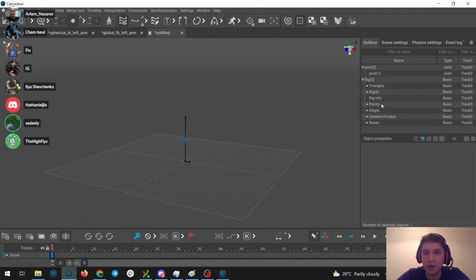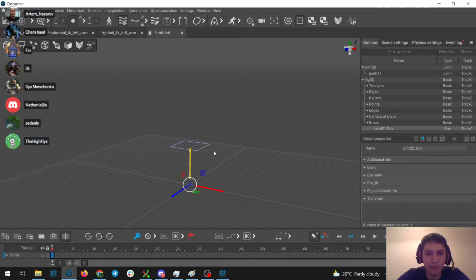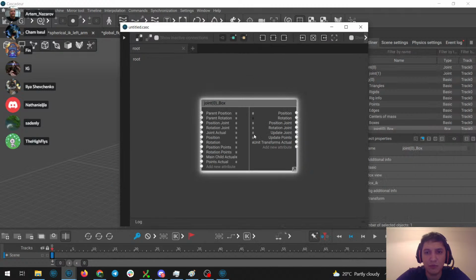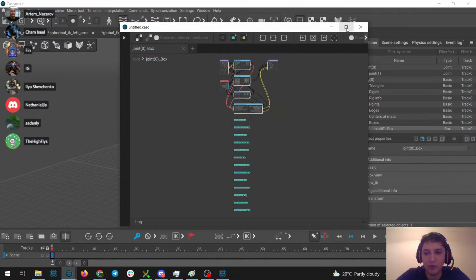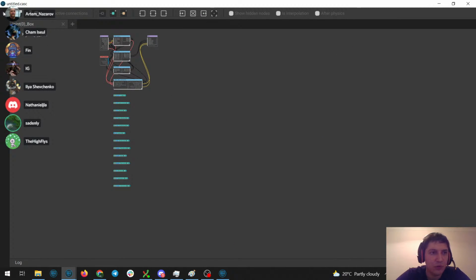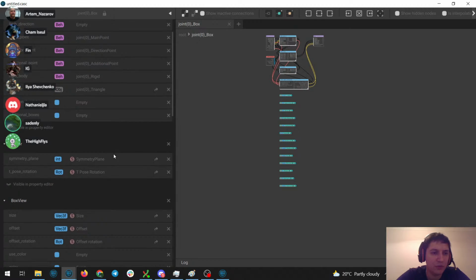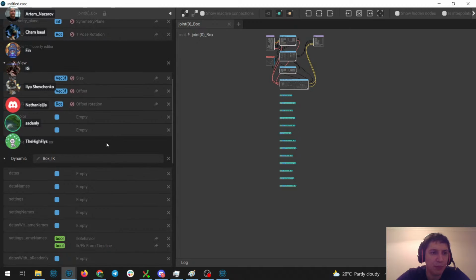So now it is fully generated, and what I can do is open the node editor. I'm using an inner version, but I think it should work in the basic version too.